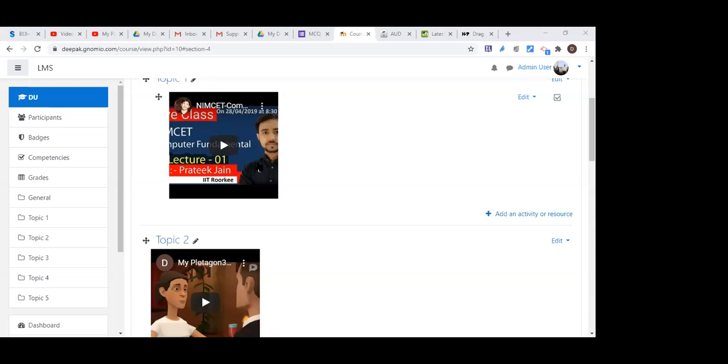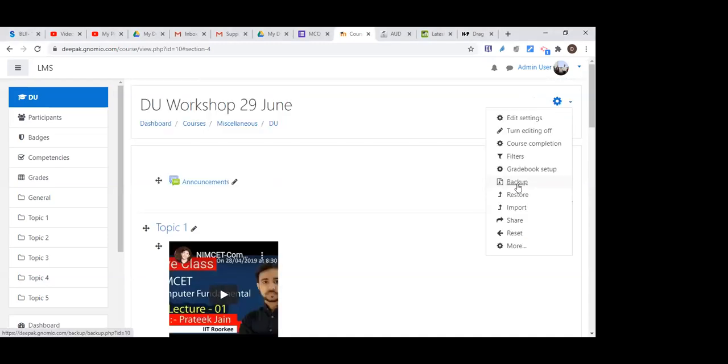Downloading our course or backup. See, in the course here, you can see the backup option. If it is visible, you can see backup and restore. That's it. Very simple. Click backup and restore. H5P is available only 30 days? No, I think just log into h5p.org. I think you are on h5p.com.